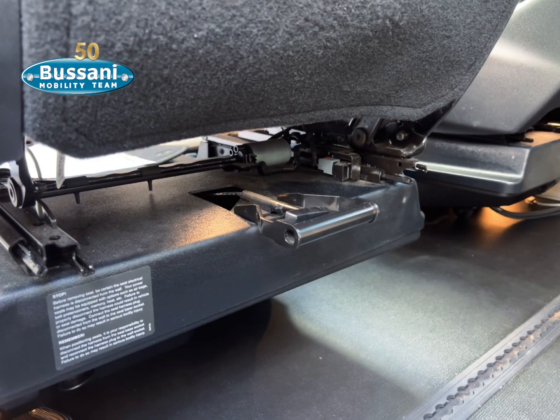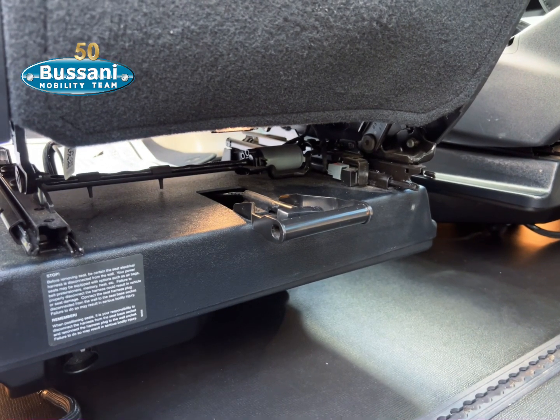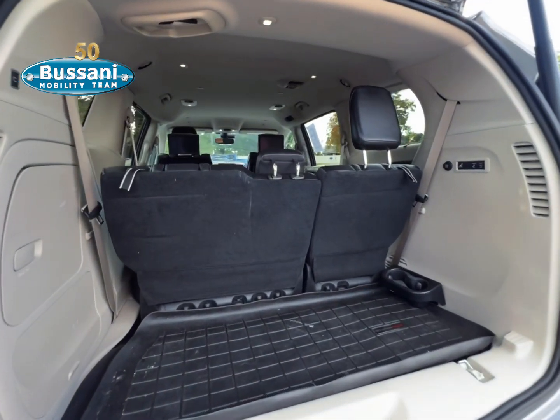Both front seats are removable, allowing the wheelchair user to take control of the vehicle. Wheelchair securement positions are available on both the driver and passenger sides. The OEM cargo space is retained to offer ample